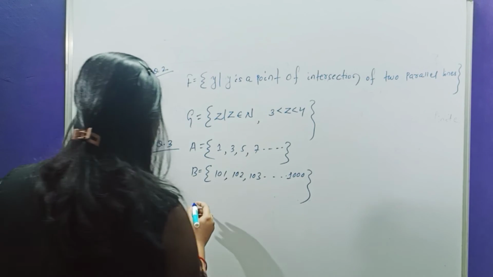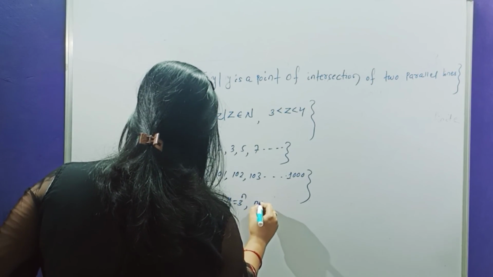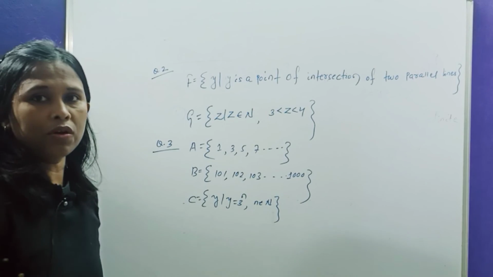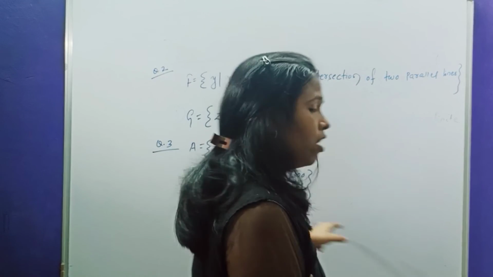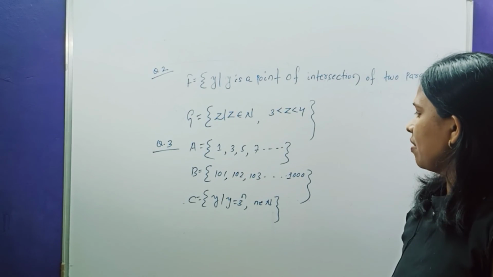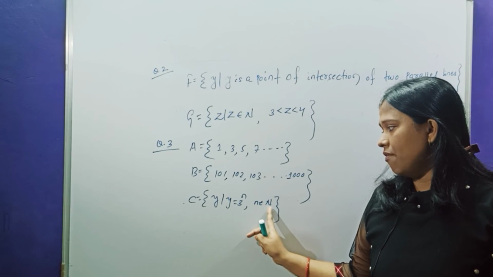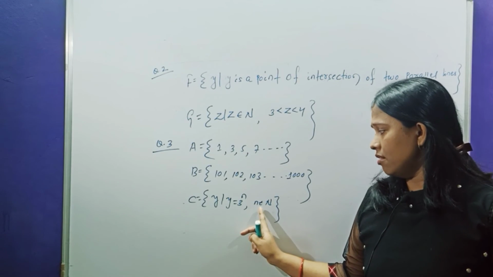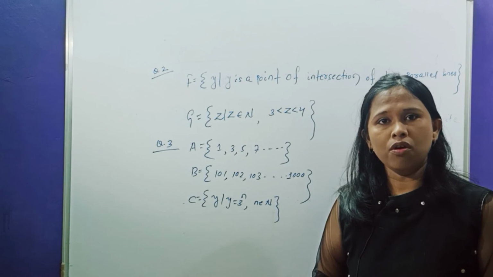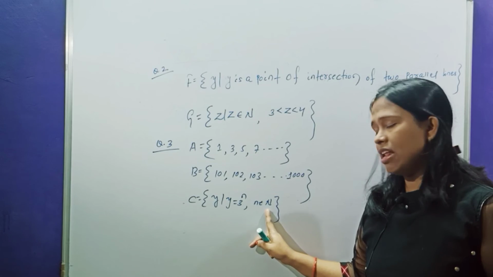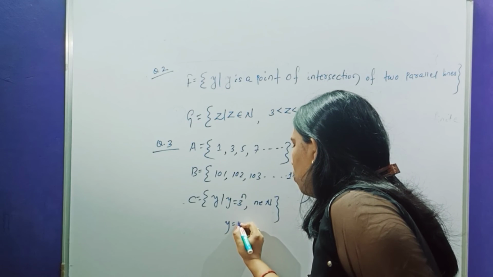Next, suppose I am writing one more example, that is y such that y is equal to 3 to the power n, where n belongs to the set of natural numbers. Can you tell me, is it a finite set or infinite set? As here n belongs to the set of natural numbers and there is no condition given that you take the value of n as 1, 2, 3, or up to 5, nothing like that. So n belongs only to the given set of natural numbers and y is the element of the set, that is y is equal to 3 to the power n.